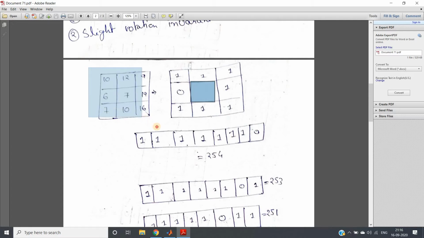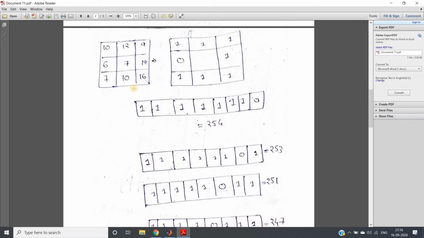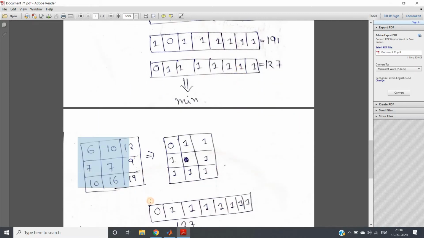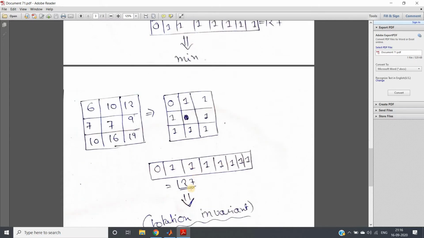For this matrix, and for the rotated version of the earlier one, we got the same 127 in that experiment.